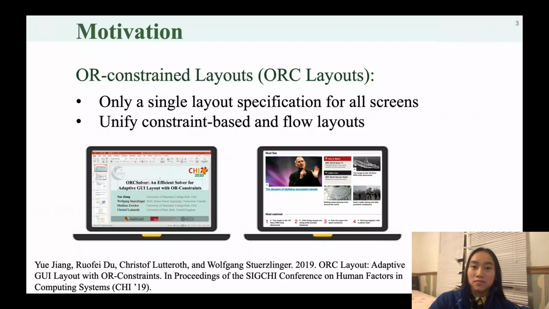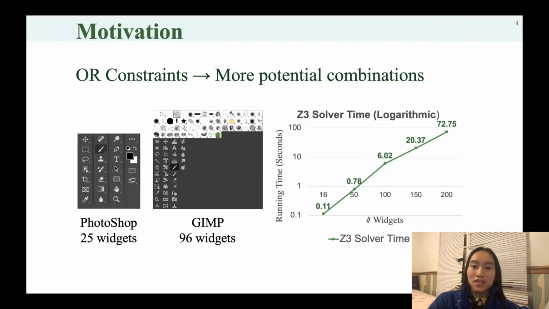consistent. Unfortunately, adding all constraints is like adding more potential combinations to the solution space of feasible layouts under the given constraints. So solving all layouts with current solvers is time-consuming, and the needed time increases exponentially with the number of widgets and constraints, as they need to evaluate very large numbers of potential combinations.